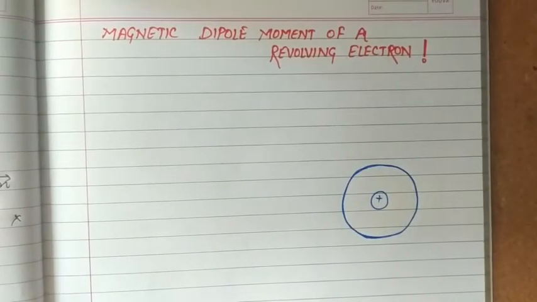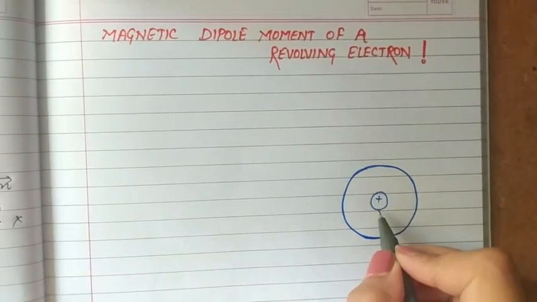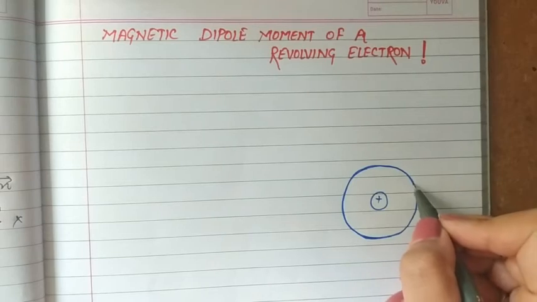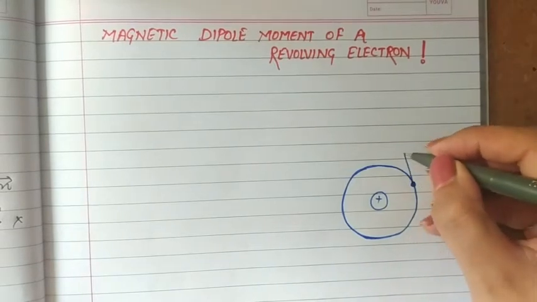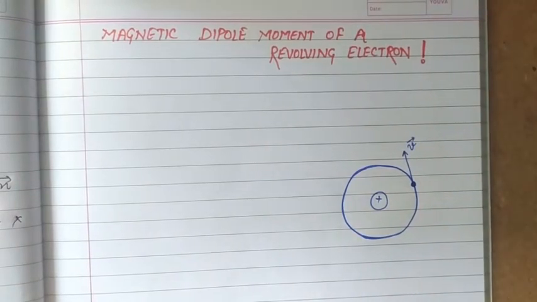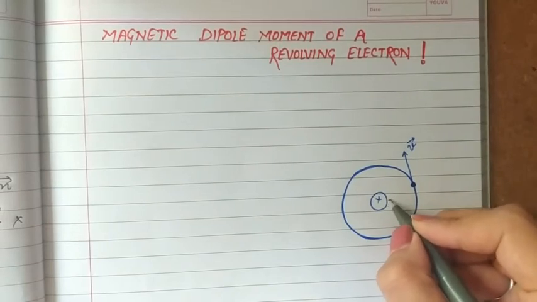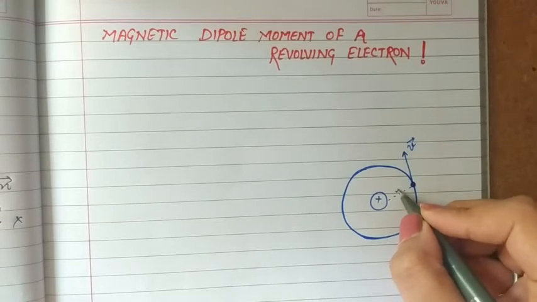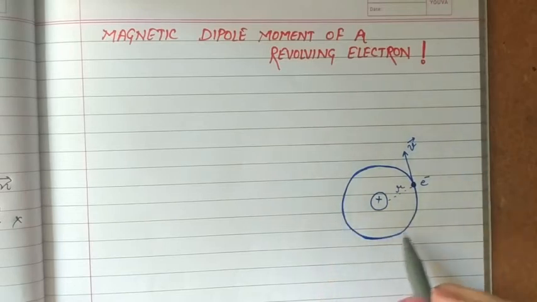So here, as shown in the diagram, we have a positively charged nucleus at the center of the atom, and an electron is revolving around that nucleus with some speed v vector that we can give by a tangent, right? So v vector is the speed of that electron, and radius or the distance of that electron from the nucleus is small r. Now we consider that this electron is responsible for the flow of current.